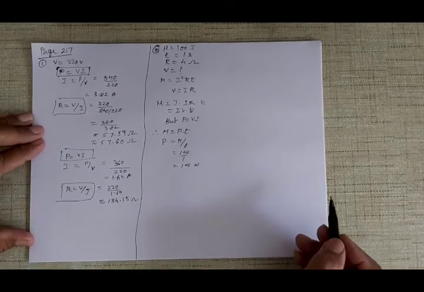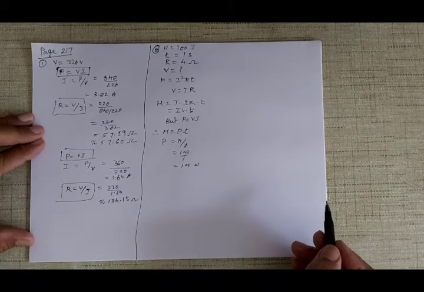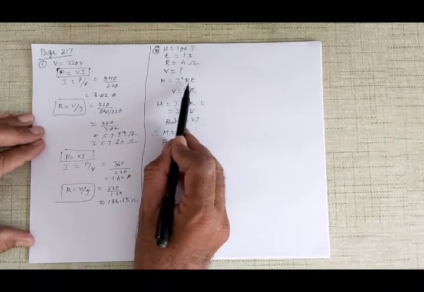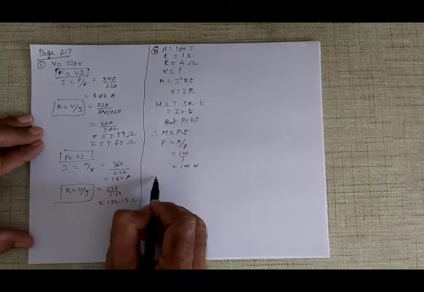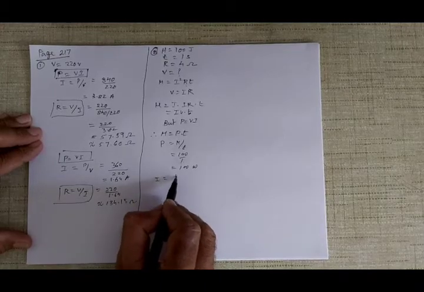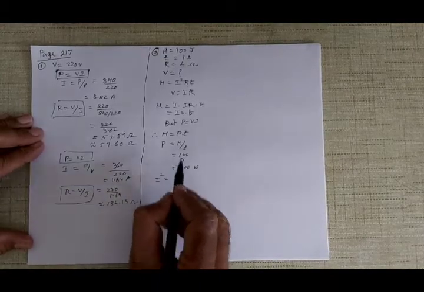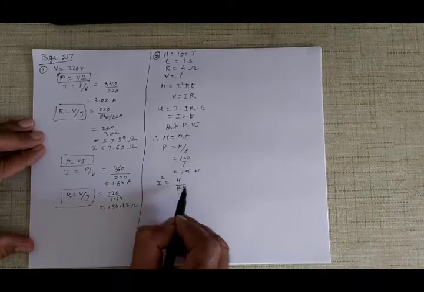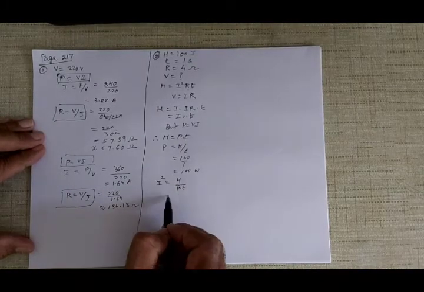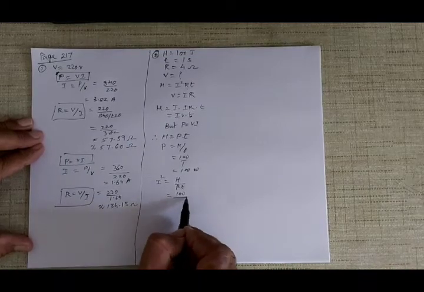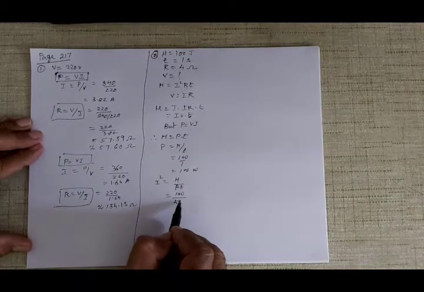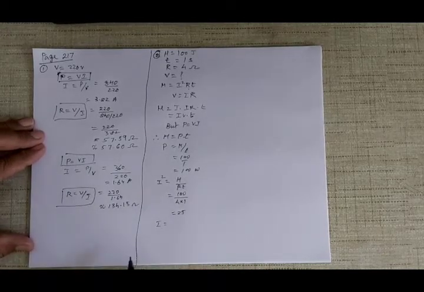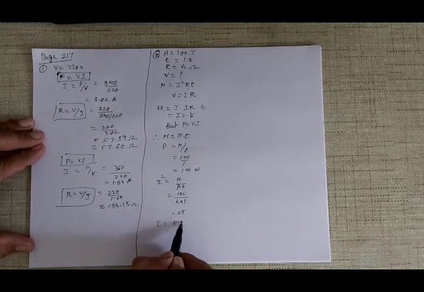Now at the same time you also want to find I. If you want to find current, again use the first formula itself. Resistance we know, time we know. I want to find I. I square is equal to H upon R into T. Now H is 100, resistance is 4 and time is 1. So this is 25. So the current in the circuit is equal to the square root of 25, that is 5 amperes.